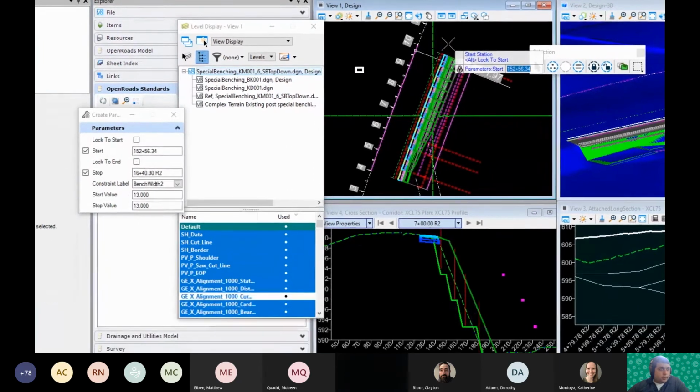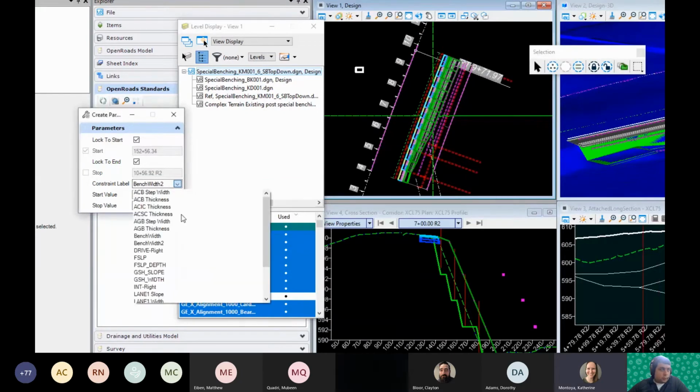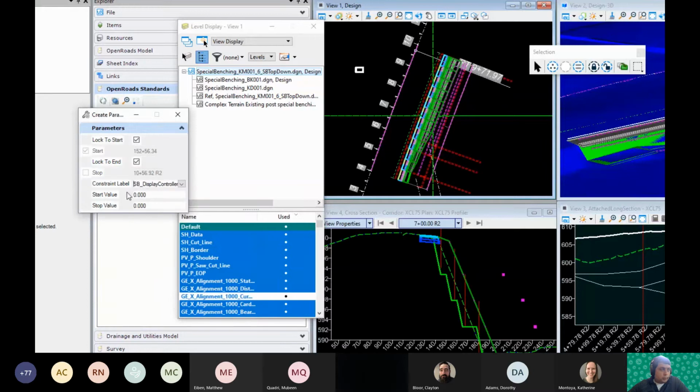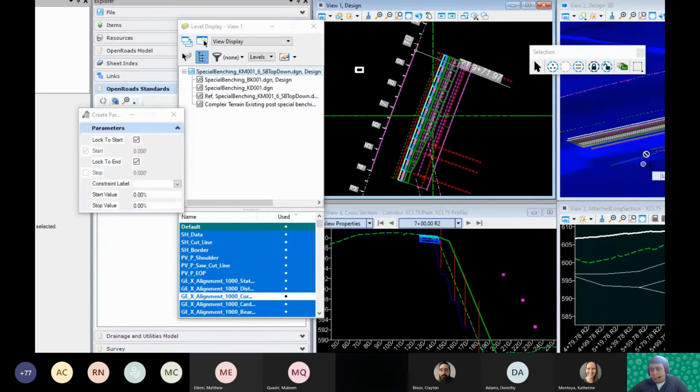Okay, so that might have been a lot, but really all we're doing is we're going to say, hey, take that display controller point and change the horizontal constraint off of 0 to something else, and that will trigger my bench to not display. So I'll just do it for the whole distance. So I choose my display controller label here, and then the values don't matter as long as it's not 0. So I could just say I want, maybe 2. Okay, so move that point, and I'll accept it, and it will move that point and remove that from my